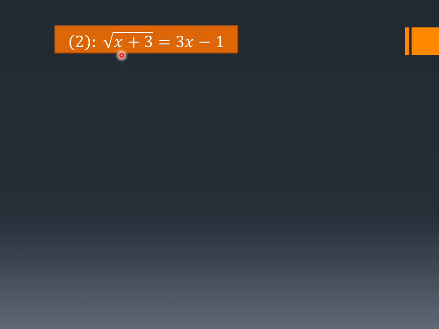Coming to the second part of exercise 1.4, the question is under root x plus 3 equals 3x minus 1. Talking about algebra, I always say the first step is to take common, but here no term is common from 3x minus 1 or from x plus 3. So the next step is to take the square of these two terms, because we have to take all the terms to one side of the equation, but that root sign needs to be treated first.